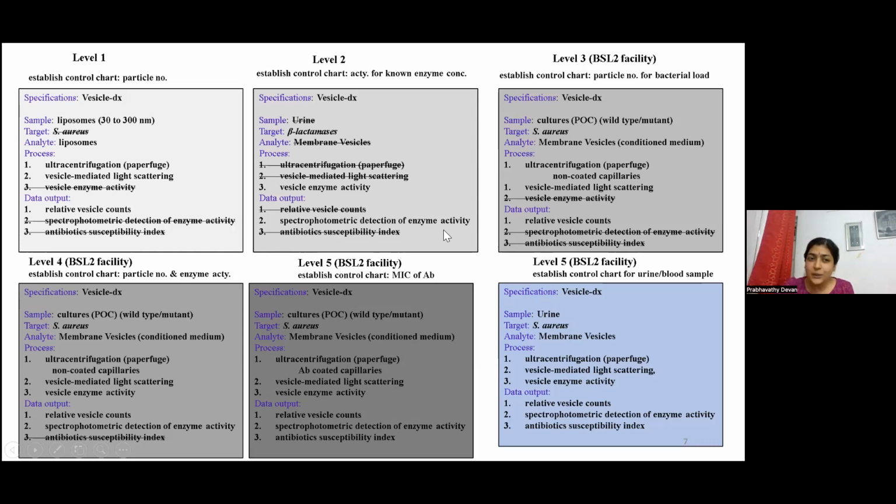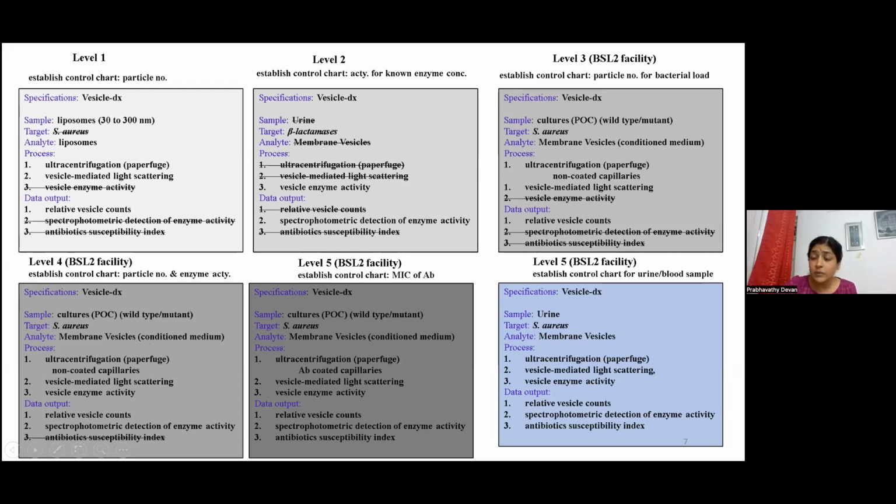I think levels 1 and 2 I would definitely be able to do. I'm trying to speak with people to get some samples so that I can start testing the level 1 and 2 approaches. Yeah, this is what I have thought of, Manu. This is a little time consuming, I know that very well, and I need to get appropriate permissions to perform it.